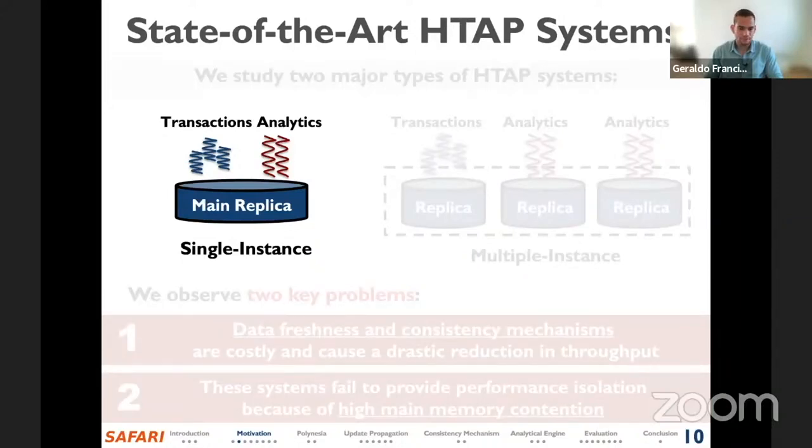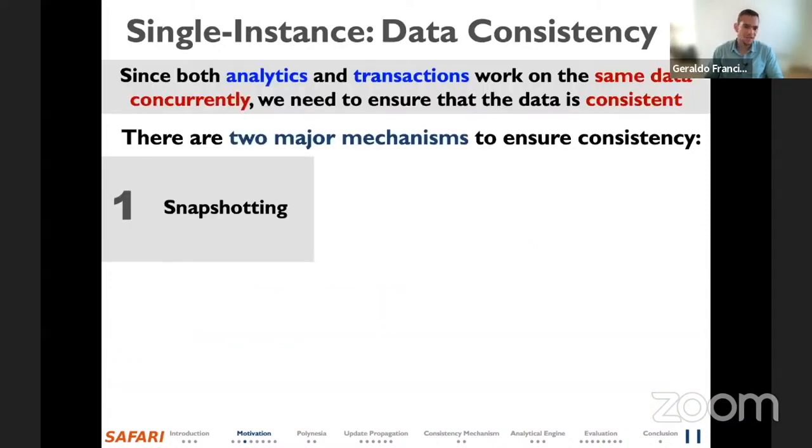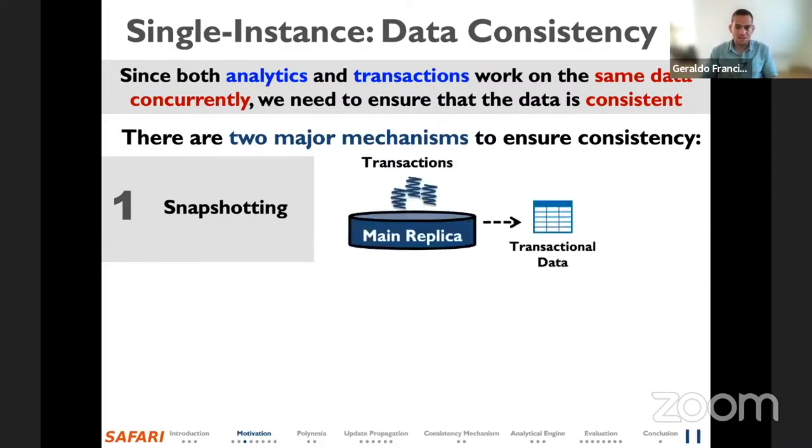So one of the major problems with the single instance design is the high cost of maintaining data consistency. There are two main mechanisms to maintain data consistency in a single instance HTAP system. The first consistency mechanism is called snapshotting. During snapshotting, when a transactional update happens, the HTAP system creates a copy of the transactional data and sends it